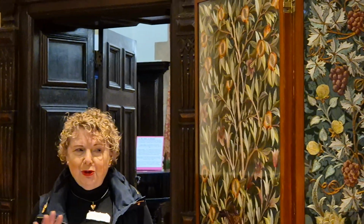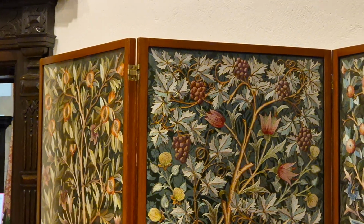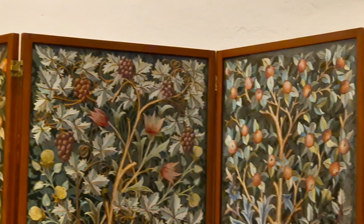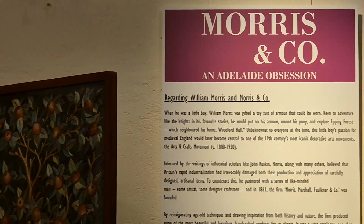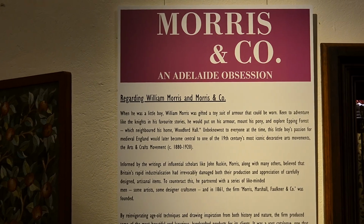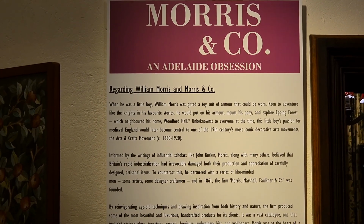However, the obsession with Morris & Co. here in South Australia remains very strong, with many individuals and organisations, including Carrick Hill, ensuring that precious objects remain safe, so you don't need to worry. I'm sure that Ursula Hayward would be absolutely delighted to welcome you like-minded people into her home today to share in this marvellous exhibition. Now that's my brief overview of Morris & Co. and the Barr Smiths and the Haywards, and the reference to Morris & Co. that's